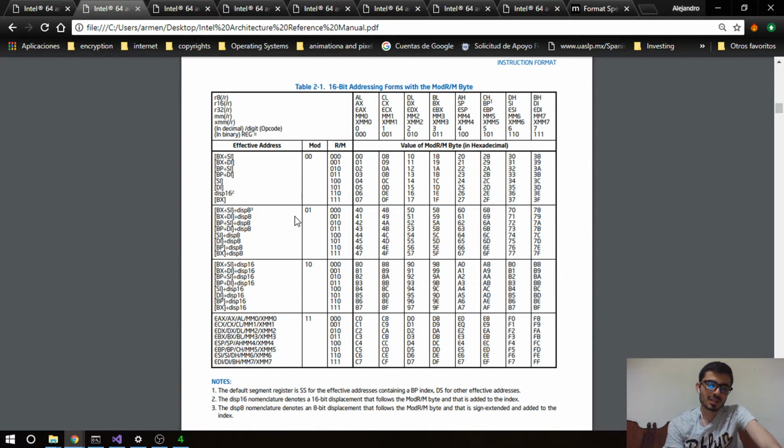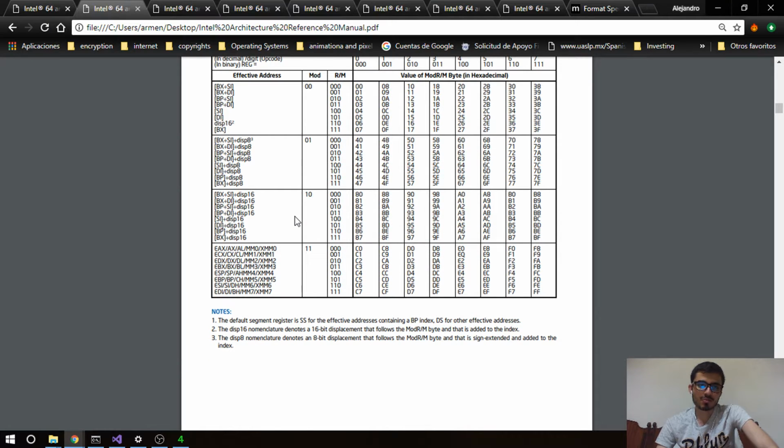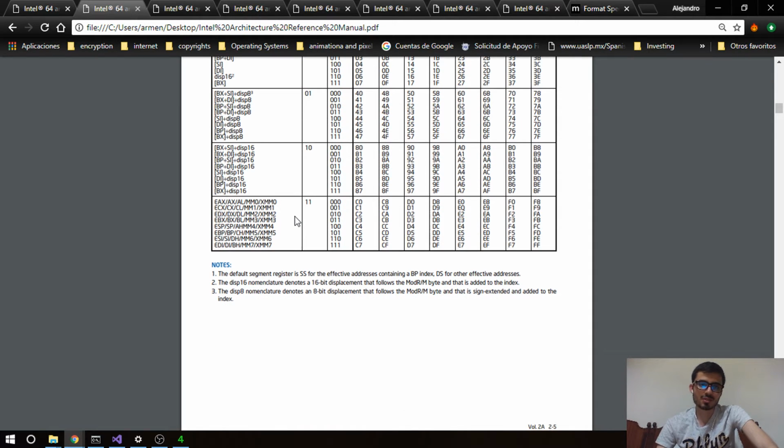And then a displacement by itself. So base plus index, an index, a displacement, a base, or more complex forms like base plus index plus a displacement, the same combinations with a displacement, base plus index, or just the index, or just the base,